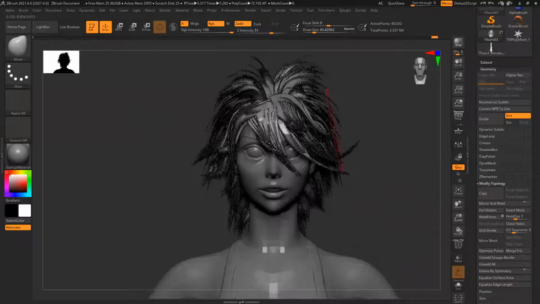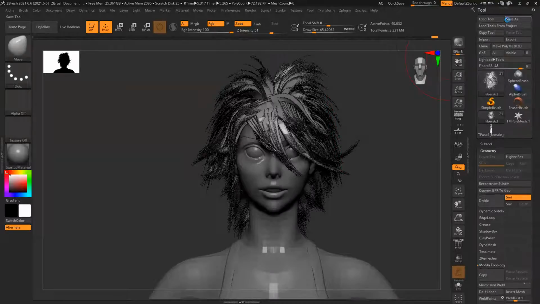One by one, create and fix everything. Okay, I'll take this quickly. Let's see my file.